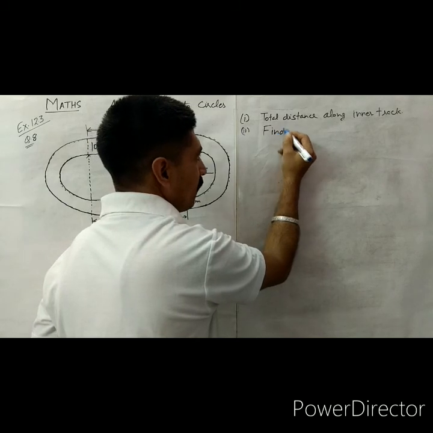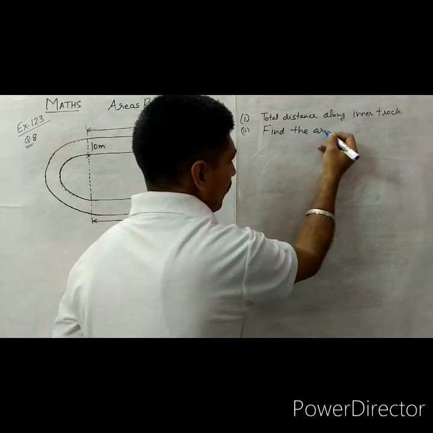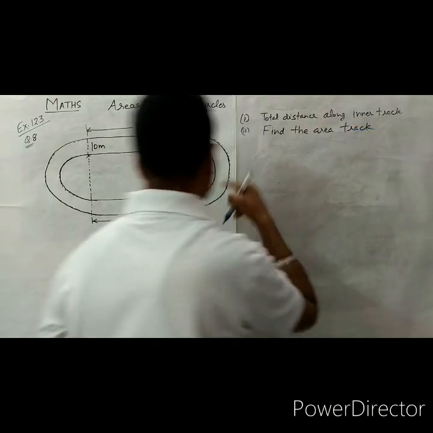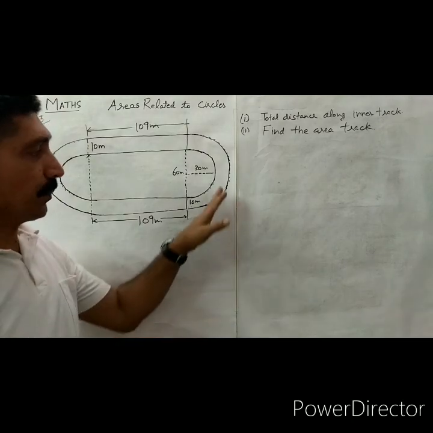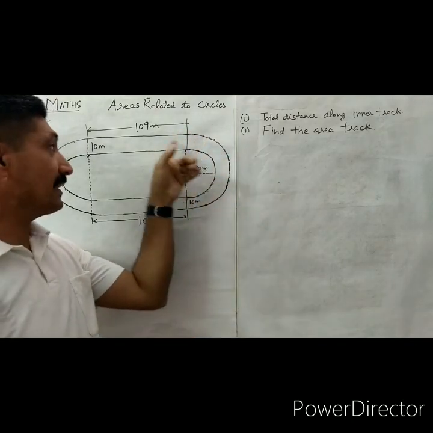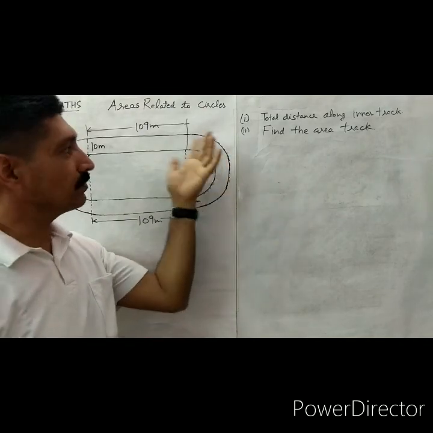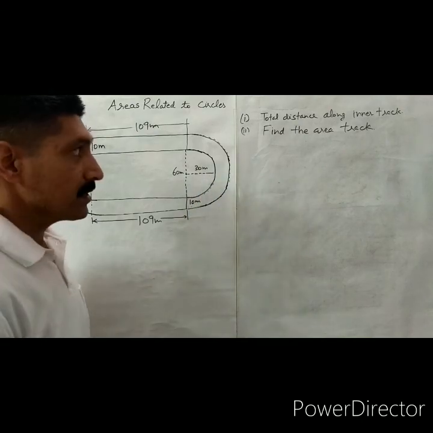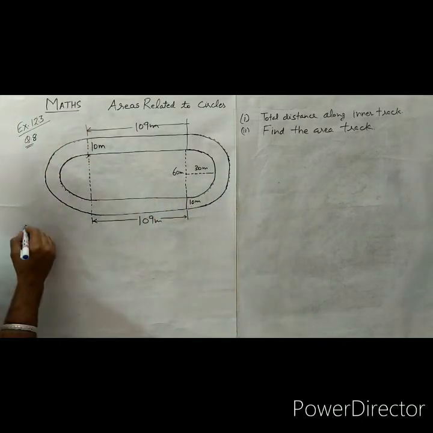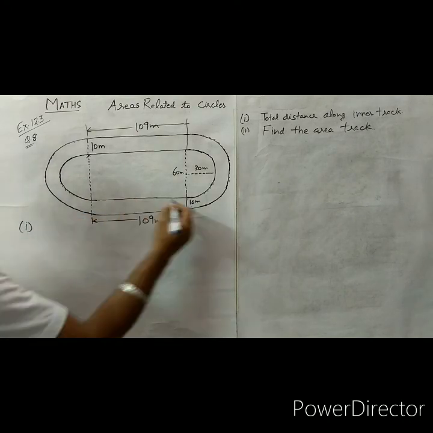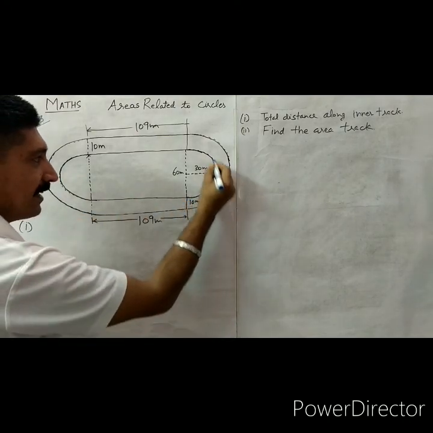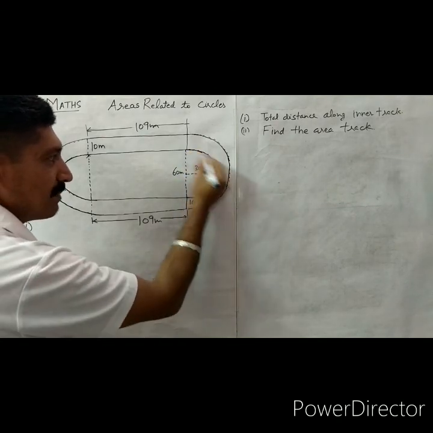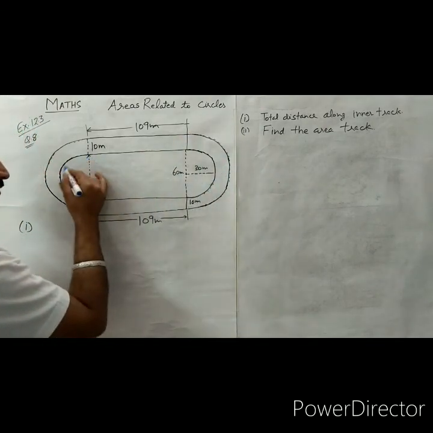Find the area of the whole track. So you have seen the track, synthetic track also. If we want to find the area, we will find it in the same way, and it is a standard one. So here, first, if we start from this point and travel up to here, this is the semicircle. So one semicircle from this side and one semicircle from this side.